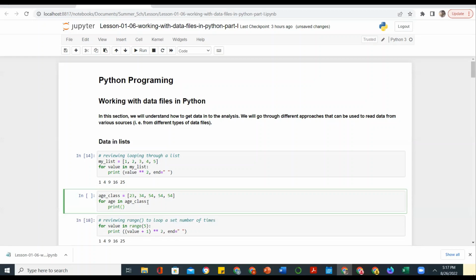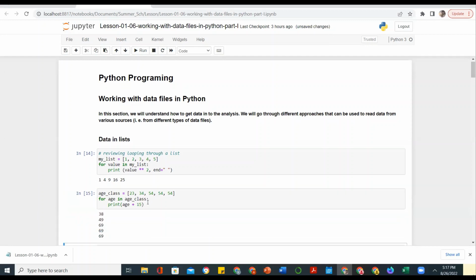So you can just say age plus 15. If you want to know their age in the next 15 years, age plus 15, can you see? Then the purpose of this end is for us to have it straight, instead of having it vertical like this, we can have it straight like this. End equals to,